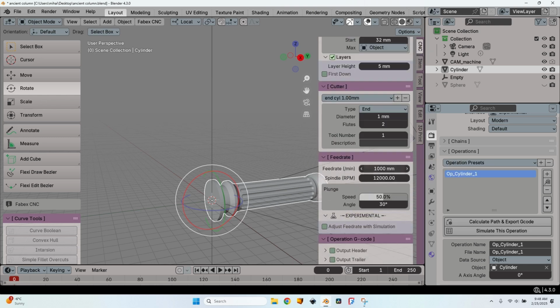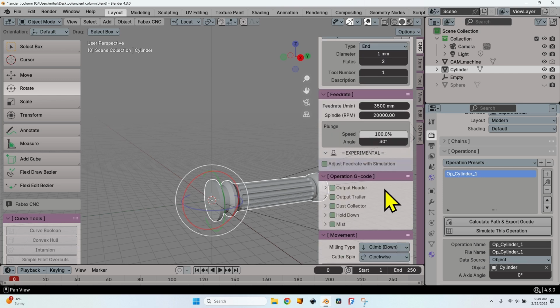Now let's change the feed rates. I'm going to use 3500 millimeters per minute and the spindle speed of 20,000 RPM. These two values are dependent on the material that you are milling, on the rigidity of your machine, on the power of your stepper motors. So use the values that you know work okay for your machine. These are the values that work okay in my situation. The plunge speed is the speed on the vertical. I will use it also with a 3500 value. It is expressed as a percentage of this feed rate, not as an individual value,